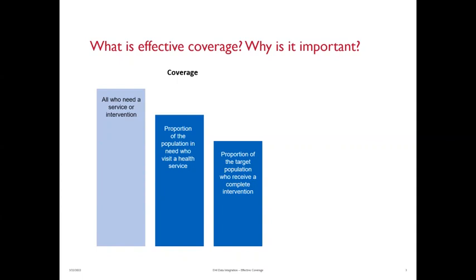So for example, what proportion of pregnant women have any antenatal care? What proportion of sick children go to a health facility when they're sick? The dark blue bars on this slide illustrate some of those coverage measures. Now, while coverage does provide valuable information, it only provides one part of the overall picture. And researchers found that coverage levels weren't always associated with better health outcomes.